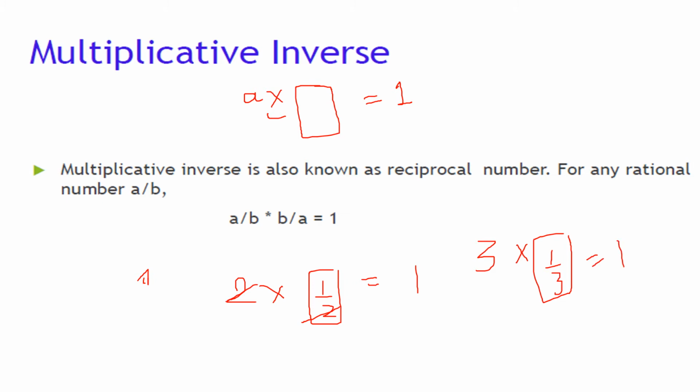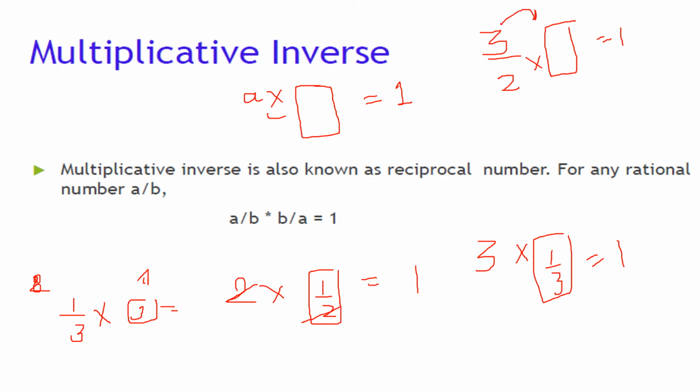If I reverse the question, if I say I have 1 upon 3, what is the multiplicative inverse? You will say 3. So you are just doing the reverse, you are just taking the reciprocal of the number. So if the number given to you is 3 upon 2, in that case, please help me, what will be the multiplicative inverse? Very simple, the reciprocal of this number. What is the reciprocal of 3 upon 2? 2 upon 3. Got it? So in this case, 2 and 2 will cancel, 3 and 3 will cancel, and the answer will become 1. So multiplicative inverse is just the reciprocal of the given number. Okay.